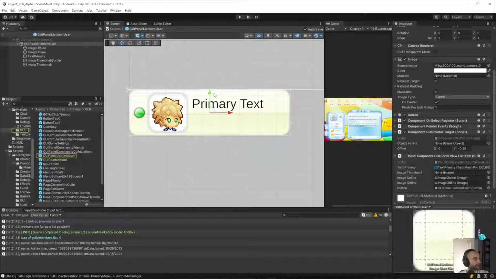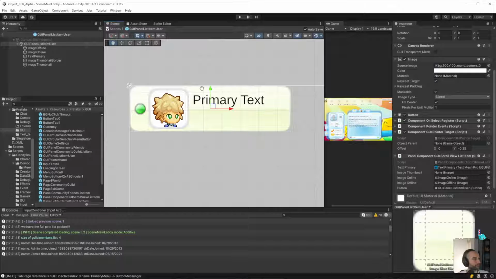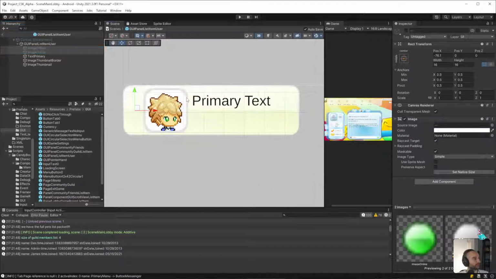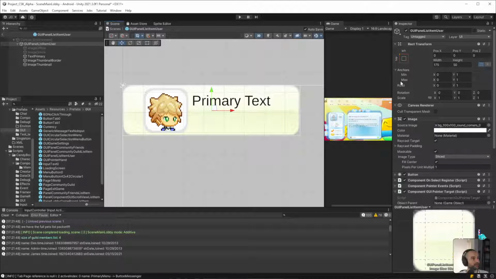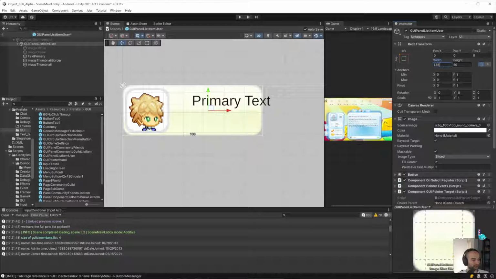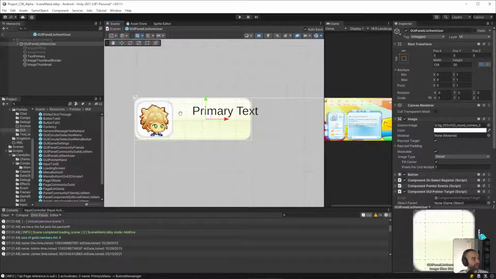Okay, so this one is the correct one. Okay, so we don't need this and this. We'll take those out. The width of the whole thing, I think we'll try 138. So we'll try 138 first, and then if it's not enough, I'll bring it down to 136 or something.